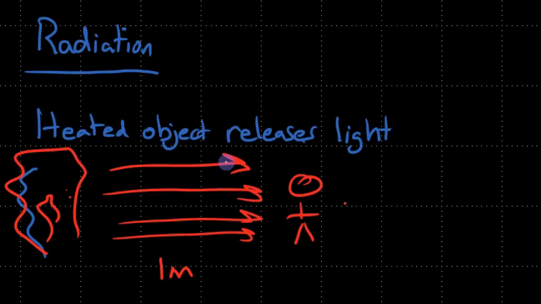So human beings emit light because they're just hot. I emit light because I'm hot, and you probably can't see it unless you have a thermal camera. That's another discussion for another day. So this heated object releases light. Depending on the differences between the object and the surroundings, the heat transfer is different. So first we're going to